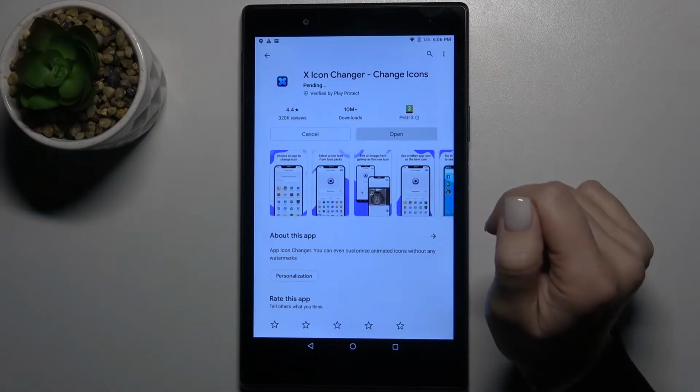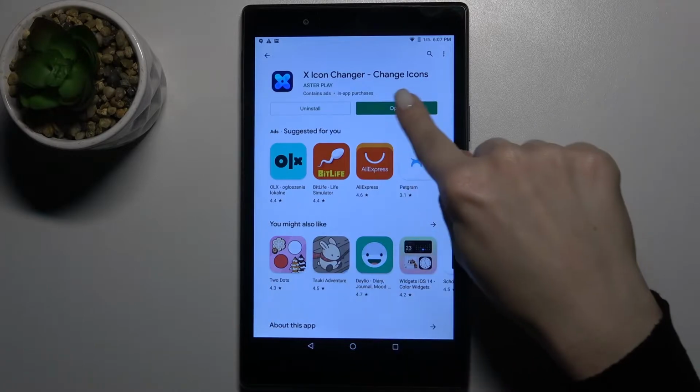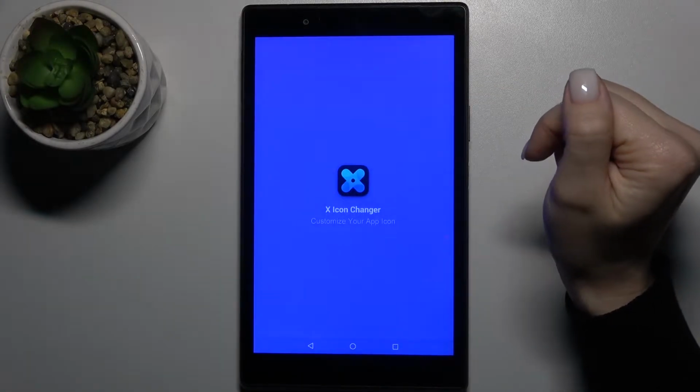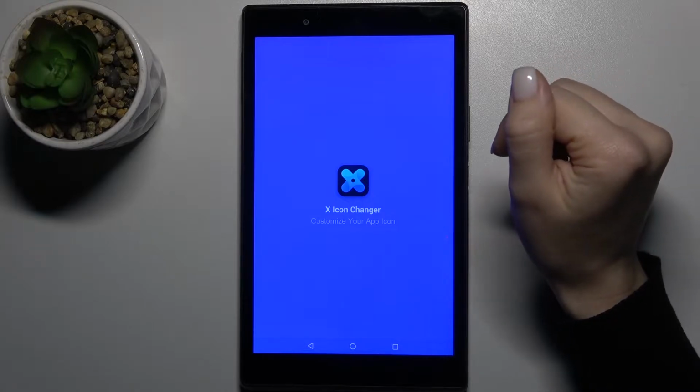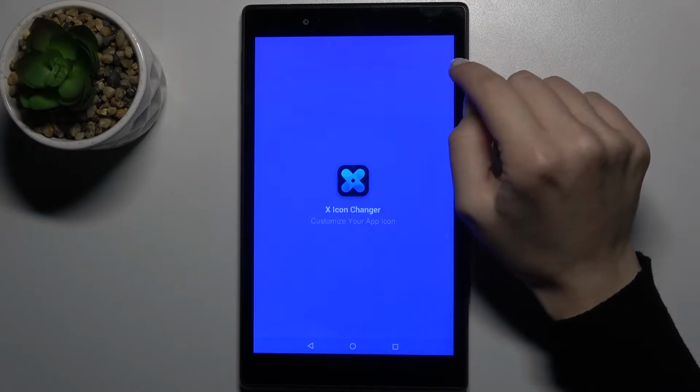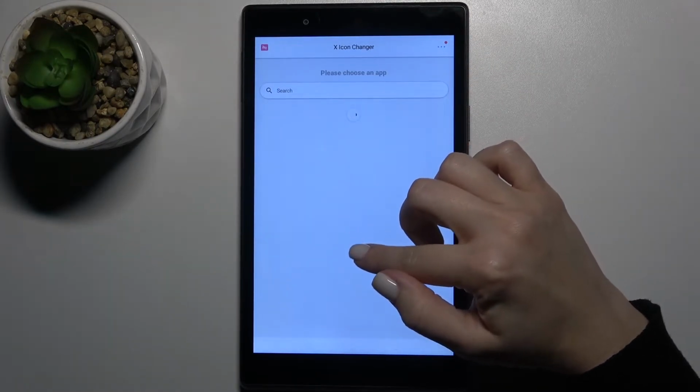Now we just have to get this application, so tap to install and wait a few seconds while the application installs on your tablet. Now just open the application and wait a few seconds, and as you can see,